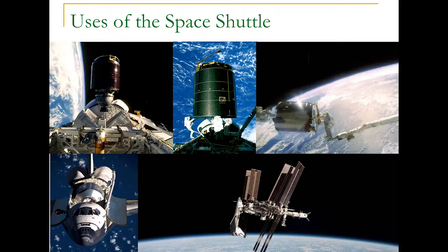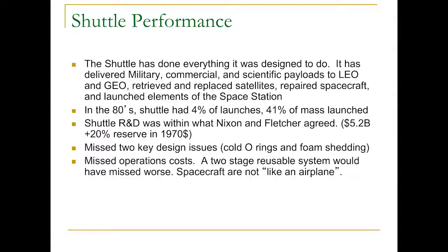geosynchronous orbits. It's retrieved and replaced satellites. It's retrieved satellites and brought them down to the ground, repaired them, brought them back into orbit. It's repaired satellites in orbit, and it's launched elements of the space station. In the 1980s, the shuttle had only 4% of all the launches in the country, but it carried 41% of